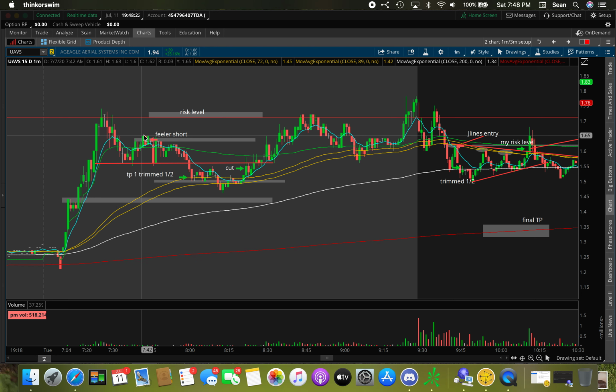So I saw this support, and when it cracked support, I said, okay, I'm going to trim some here, half of the J lines. Usually would have covered everything. So I left half on. And then once I saw this reclaim, I says, you know what, I don't want to risk anything. I took it off. I don't know why I took it off, but it was a good thing because it